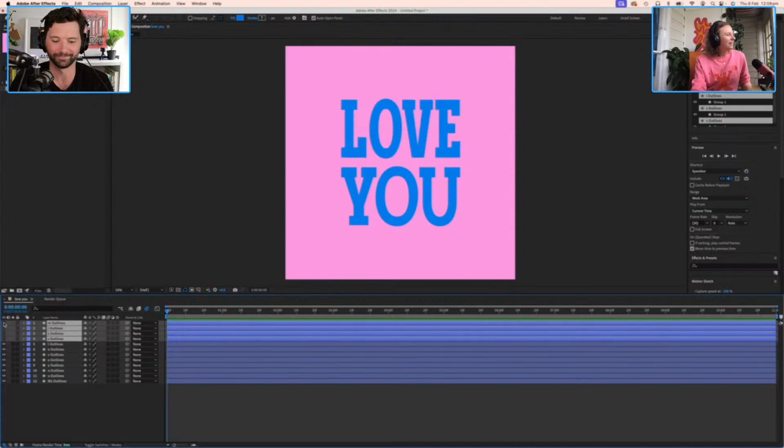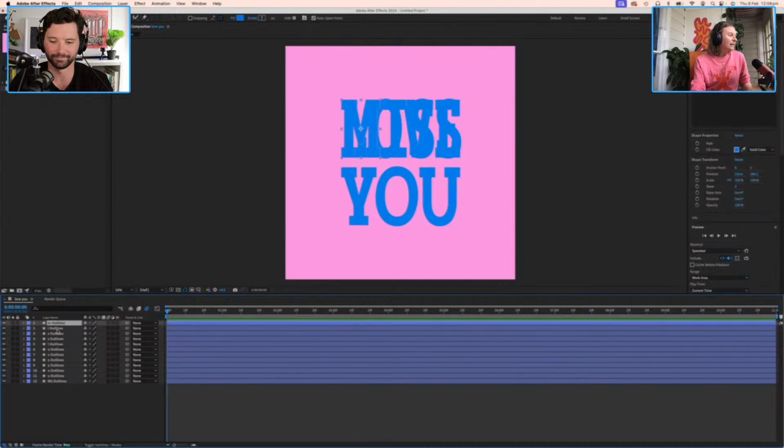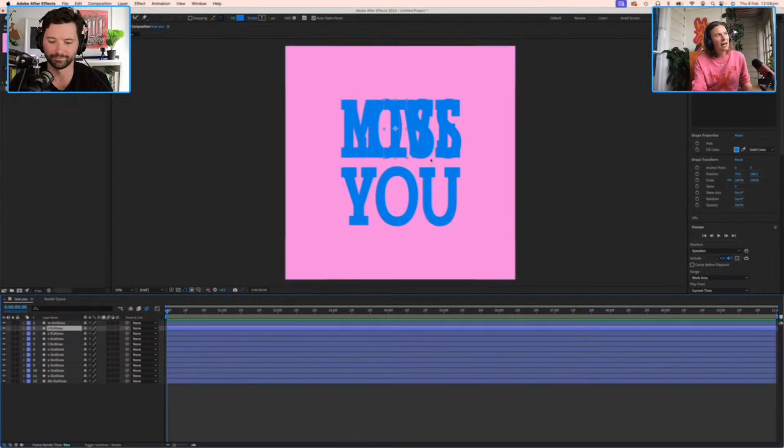So if I switch off this MISS layer, it's making a little bit more sense in terms of our overall composition. Generally, what we want to do here is we want this M to morph into the L, and the O will go into the I, the V into the S, and the E into the second S. So each letter in love will morph into its corresponding counterpart in miss.